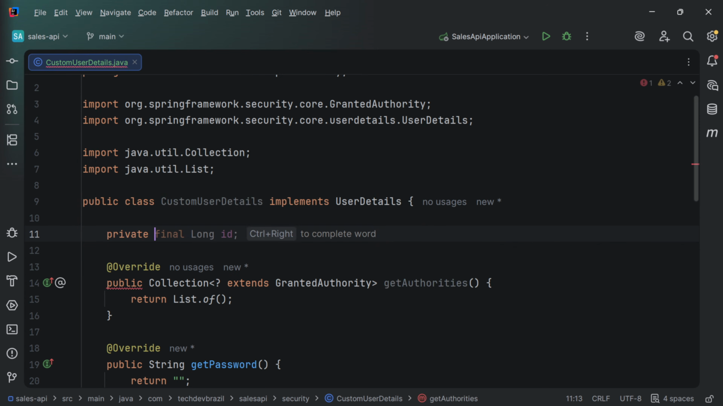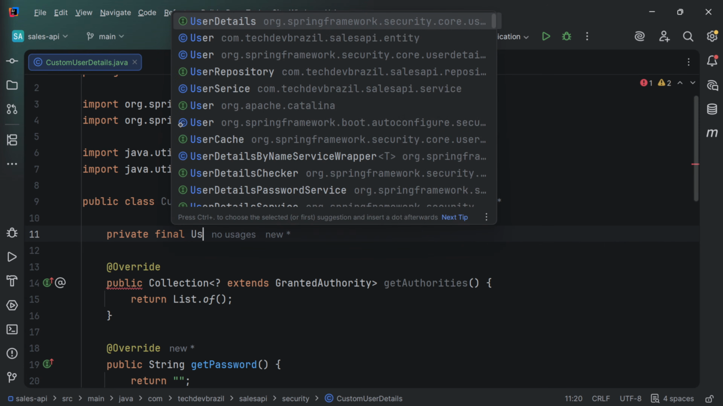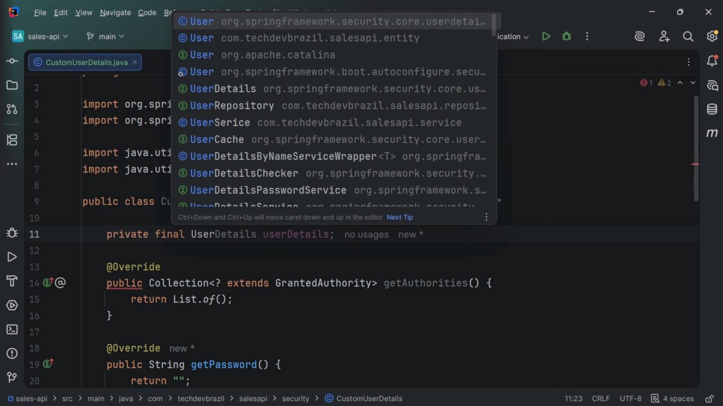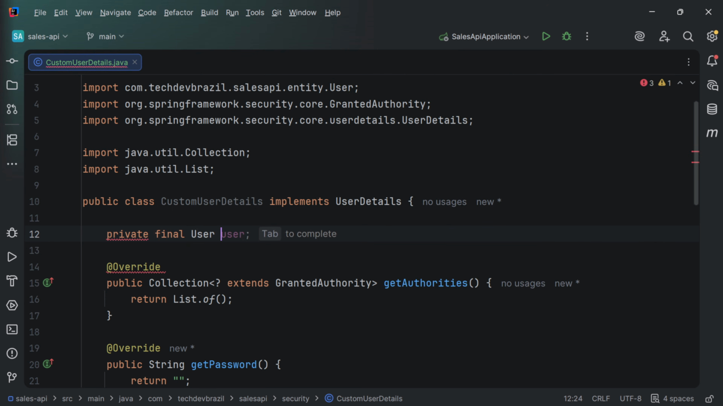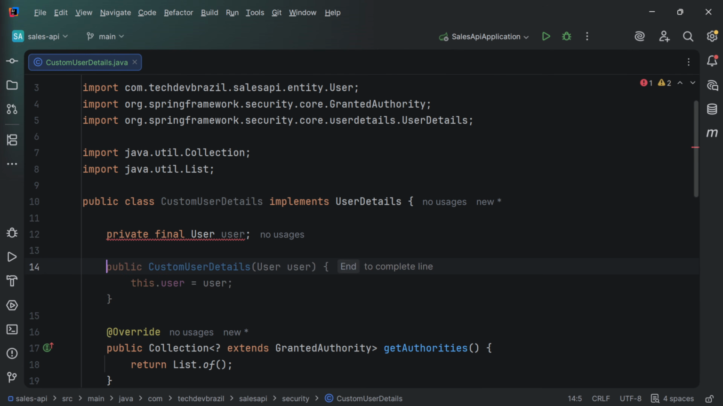So let's create a private final, and we're going to create a user, which will be our entity. Be careful with that, it's coming from our entity package. So user, that's what I want here. And we're going to create a constructor. So basically it's just creating a constructor here to